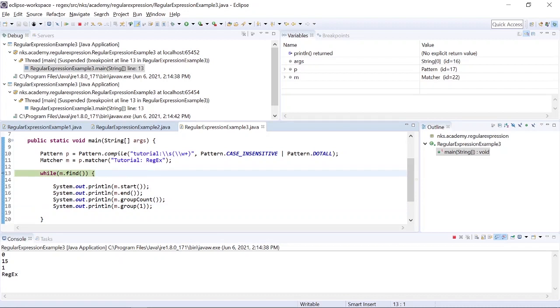So I hope you were able to understand this. I request you all to practice more and more. Try different flags, enabling, disabling them, and see how the result is being affected. That's all for this session, and in the next session we are going to work on a file which will have multiple texts, and we are going to extract data from that file.